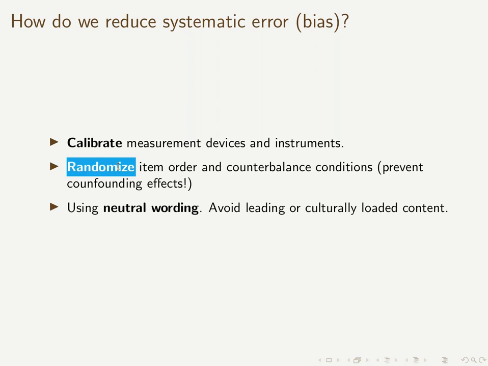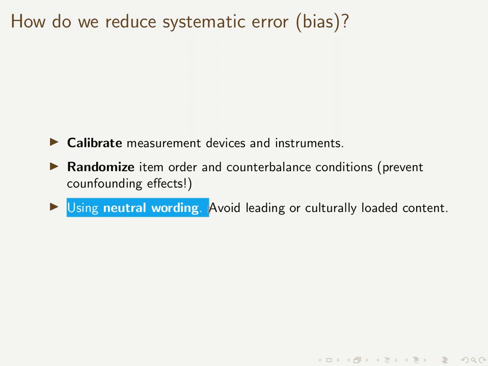What we mean by this is trying to avoid, for example, having the easiest questions always at the beginning of the exam and then adding difficulty as we keep moving forward. We try to randomize items here. And also we try to use neutral wording and avoid leading or culturally loaded content. Try not to use super obscure words or words that are going to cause extra confusion, avoiding negatives or double negatives. Just trying to ensure that the measurement that we collect is, as best as we can ensure it, a reflection of the construct we wanted to measure and not something